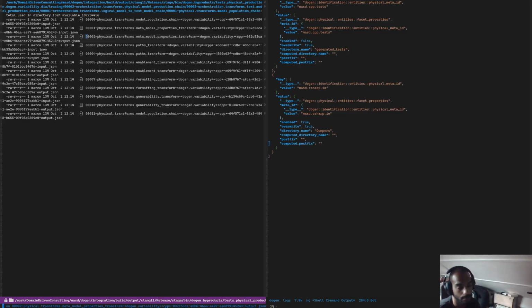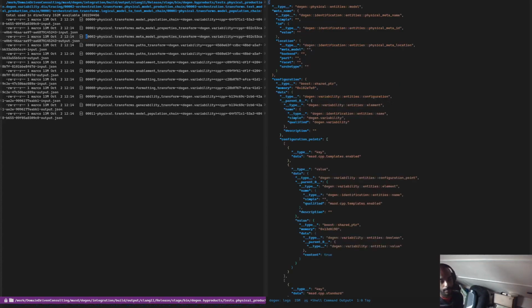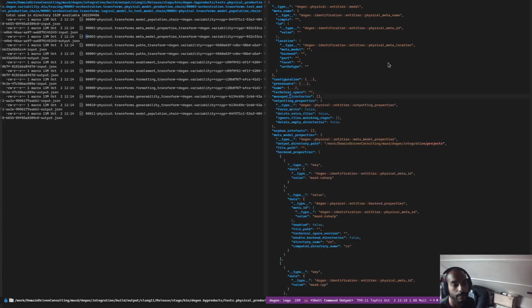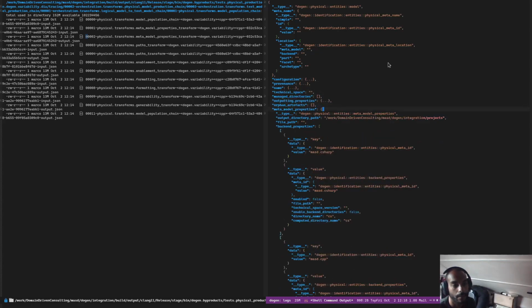13 megabytes of JSON is not too bad. JQ normally is very quick. The problem is not so much with JQ, it's that Emacs JSON mode doesn't seem to like very, very large files. In certain cases it's better to actually try to do trimming on the shell, generate a second file, and then see that in Emacs. But there we are. So what we'll do now is we need to figure out, as you can see, Emacs is already slowing down. 25 megabytes of JSON. Right, there we are. So all we need really of these 25 megabytes is this guy,